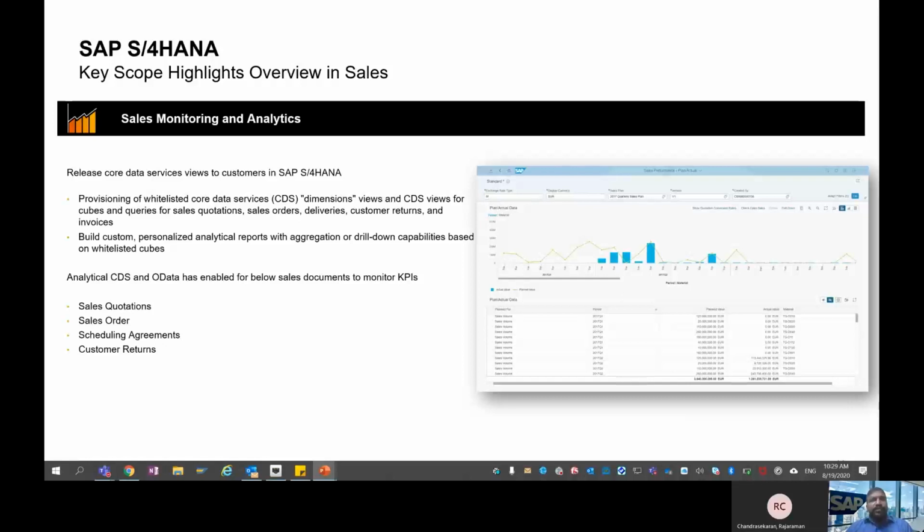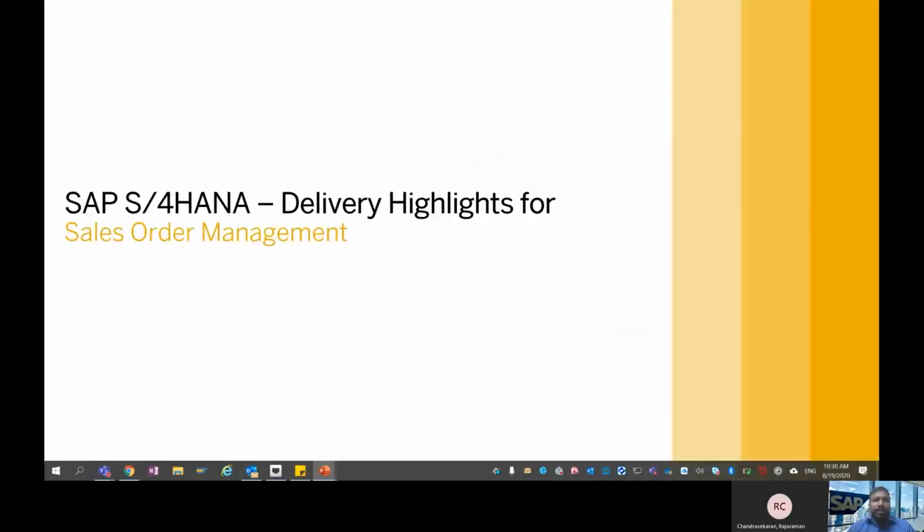Now, with the CDS views, a technical person or a developer can build custom personalized analytical reports with aggregation or drill down capabilities based on the whitelisted cubes. You can also monitor KPIs with these analytical CDS views and OData for sales documents, which are sales quotation, order, scheduling agreements, and customer return. So let's move on to the next innovation in order management.